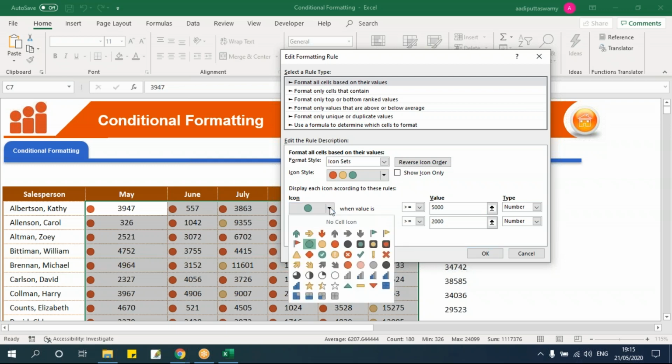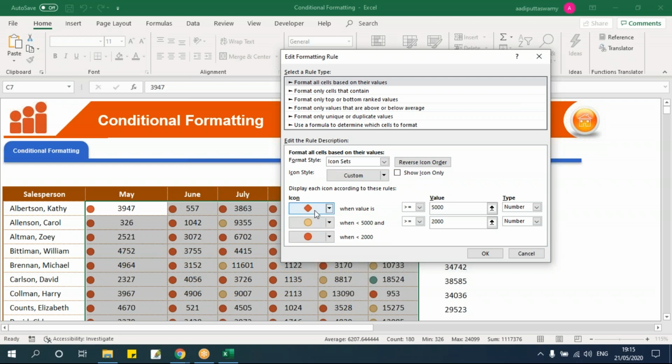I have the icons here. I can still change the icons, whichever icons I need here. Any of these. Say for example, if you want something like this, a diamond shape, I can use this. But as of now, we'll just use this. Now I'll say OK. When I say OK, the options that were applied here, the icons will get changed.